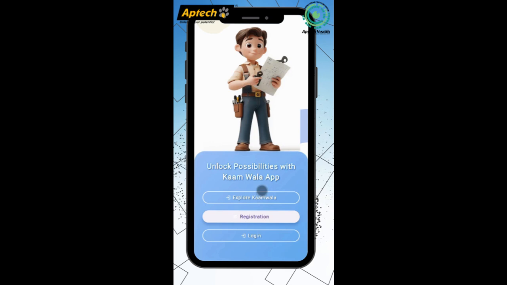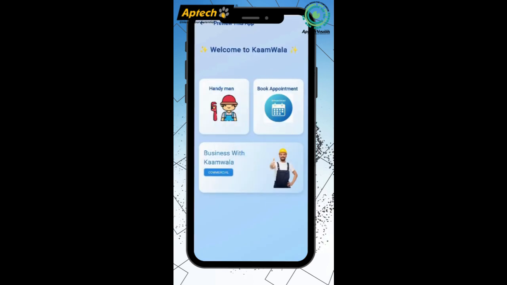You can see my welcome screen now. I add three buttons, like one is explore Kamwala, second is registration and third is login. When I click the explore Kamwala button, you can tour all my app services, like first